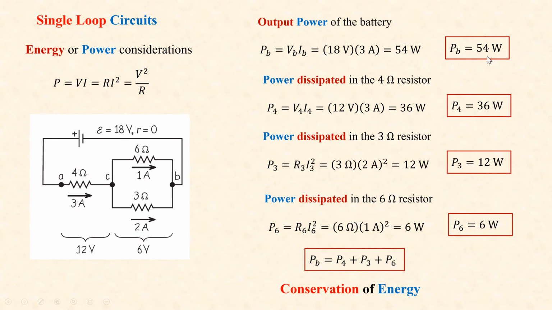So when a circuit is completely solved, conservation of energy holds for any circuit. If the conservation of energy doesn't hold, it means that something is wrong. All right, so this is a check, and you can go back and see what is wrong with the solutions. All right, so these are single loop circuits,